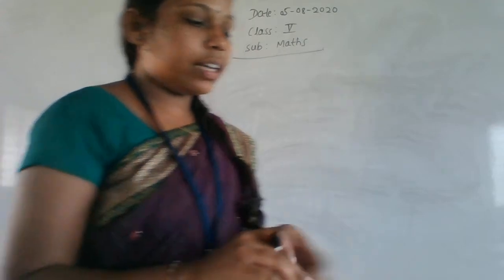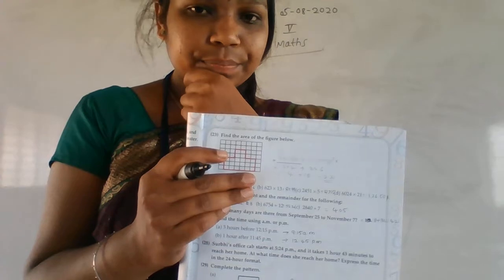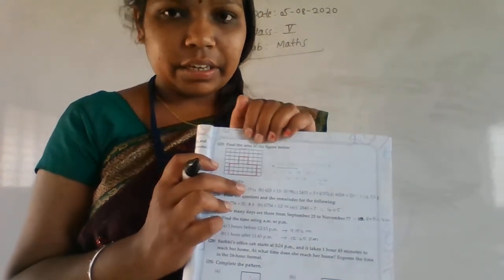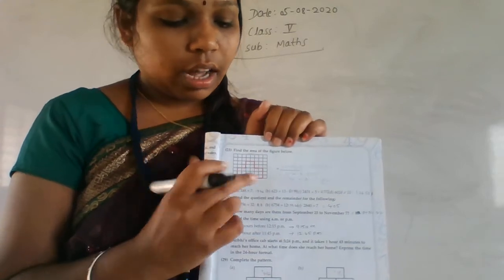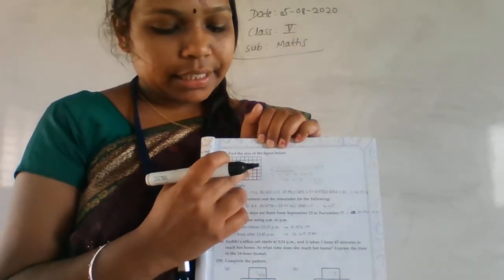They have given one figure here. In the 4th standard, again they gave a diagram like this only, so you already did that. See how to find this area. How to find this area? Everyone has to think. How to find this area, only the part which is in red color?